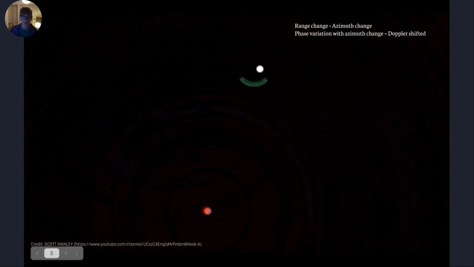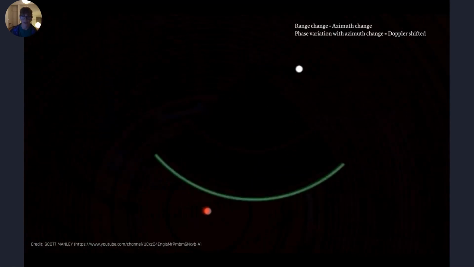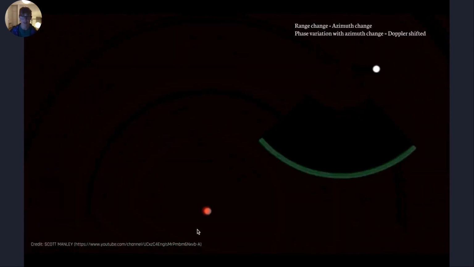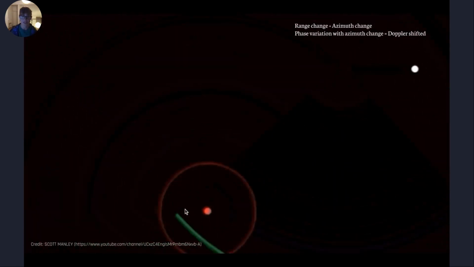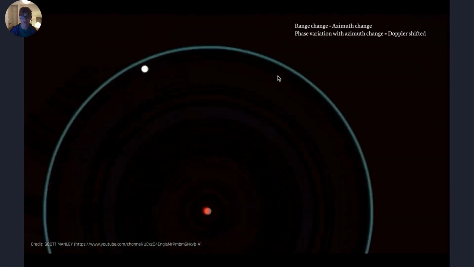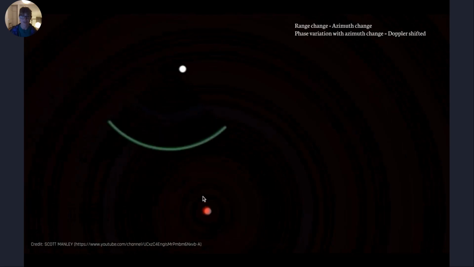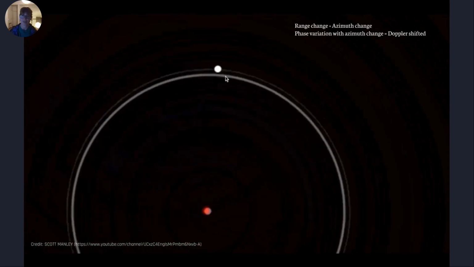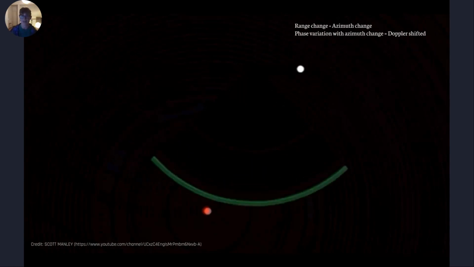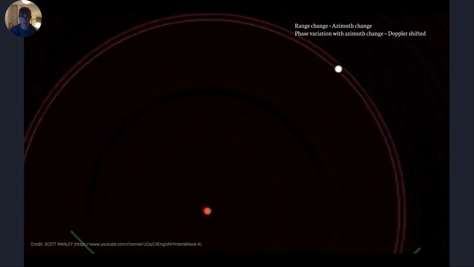And then just a quick demonstration of sending a pulse from the satellite as it moves across a target. The little satellite is the white dot, the target is the red dot. And you can see, of course, the lovely Doppler effect. As the satellite moves across this target, you get different frequencies of information moving back. All of that has to be corrected, and it contributes to the processing.